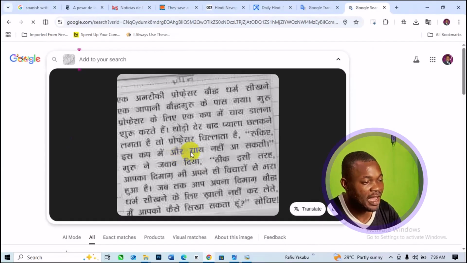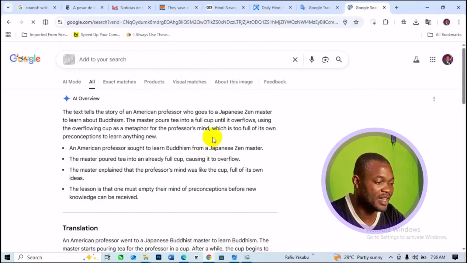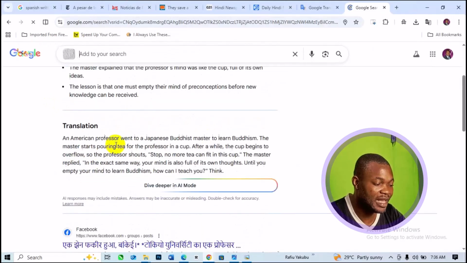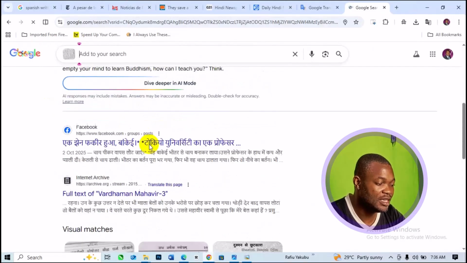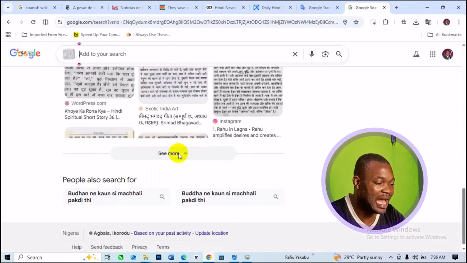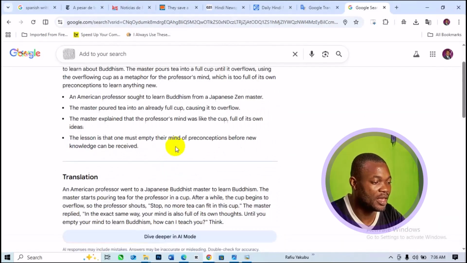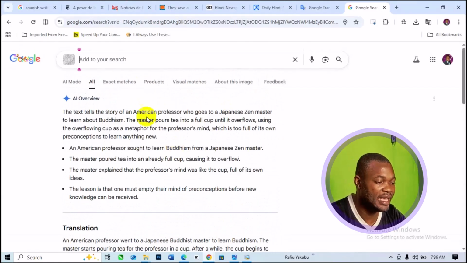So here we go. Now, one thing we can do right here as far as this particular result is concerned, you can see all the text here has been extracted from the screen. So you have the similar image right here. Now, one thing we can do is that we can also extract the text from this particular image right here. So for that, we can simply tell Google